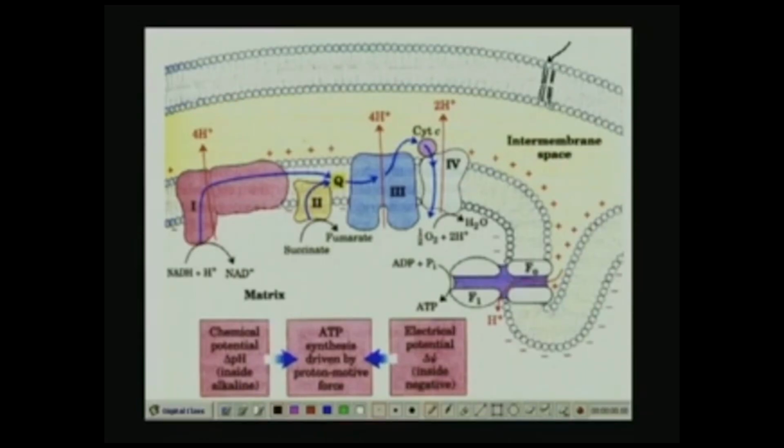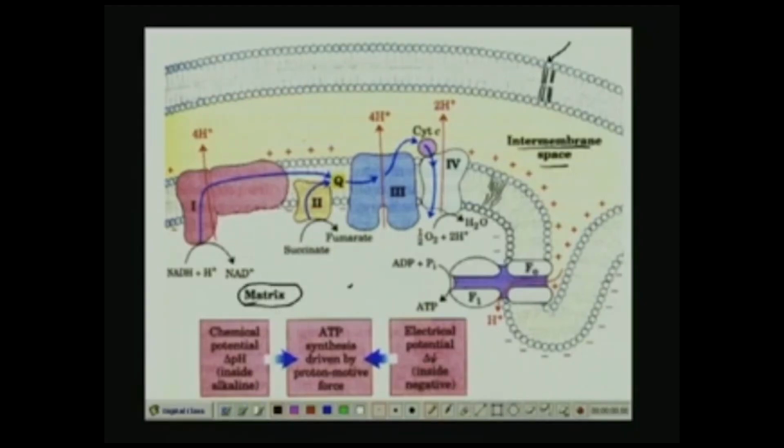These are the lipid chains. Similarly, here also we have our fatty acid chains hanging from our polar head group, right. Now, what is this space? This is our intermembrane space. Here is the matrix of the mitochondria,